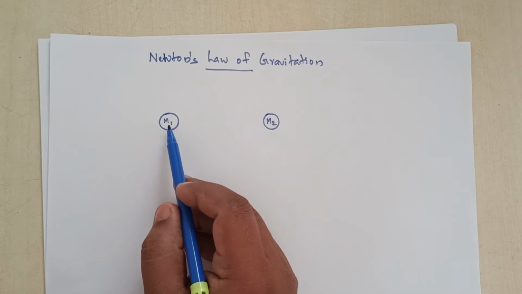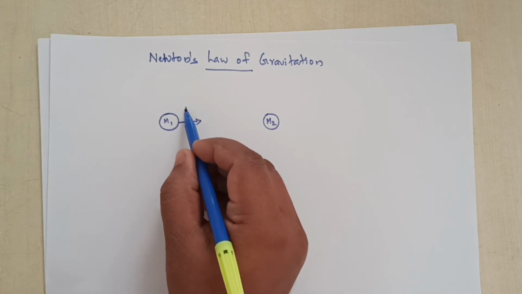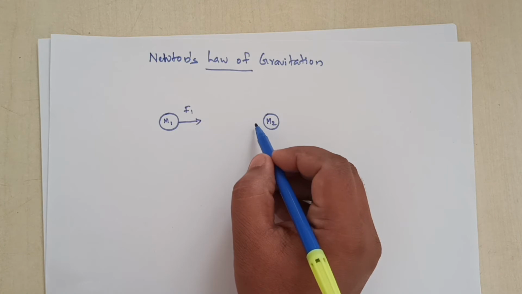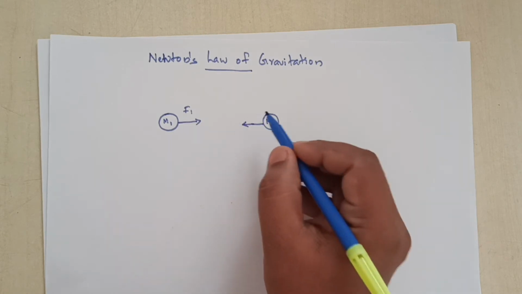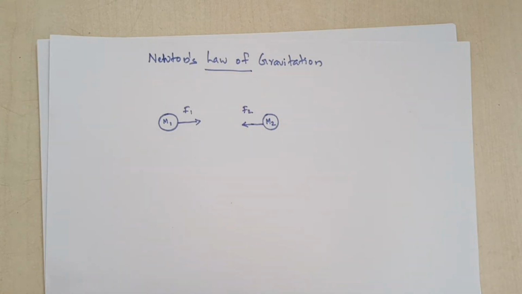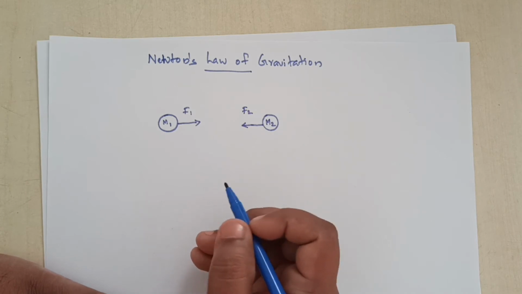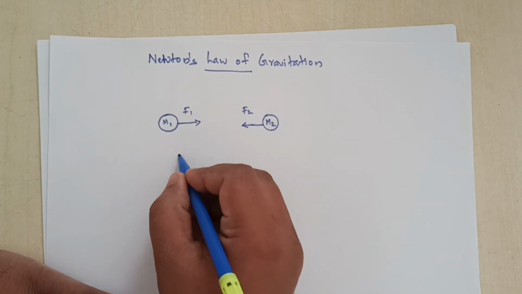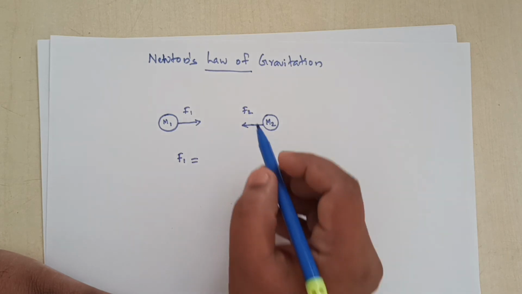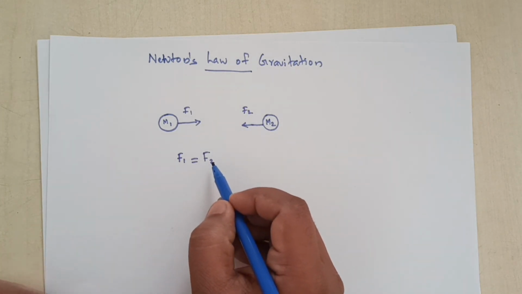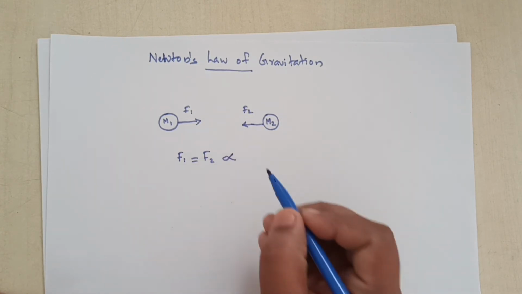So let's say the force applied by this particle is F1. Just like that, there is another force which is applied by the second particle towards the first particle. Let's say the force is F2. So here Newton's law of gravitation states that the force F1, that is the force applied by the first particle, is equal to force F2, the force applied by the second particle, and this force is directly proportional to